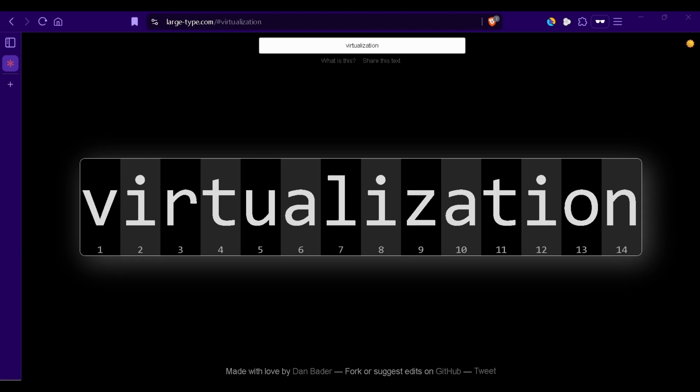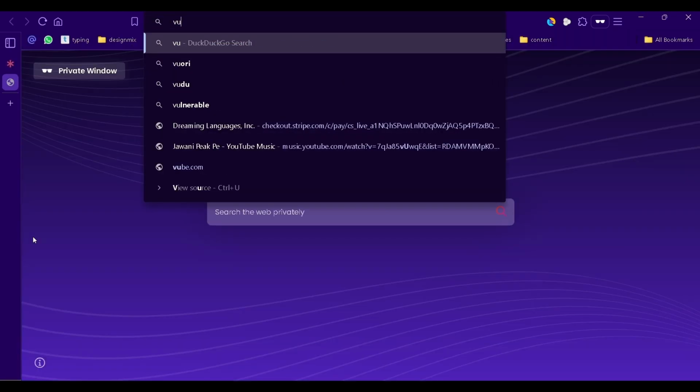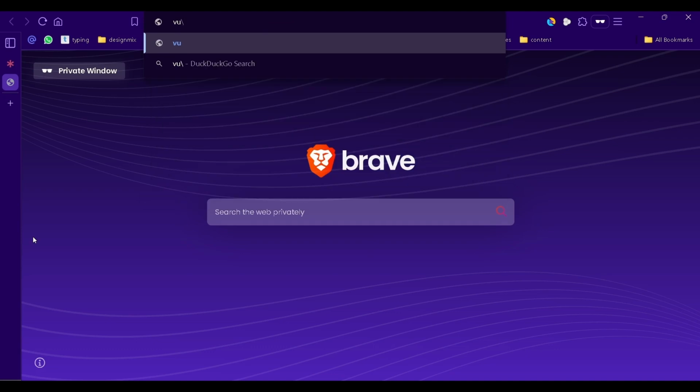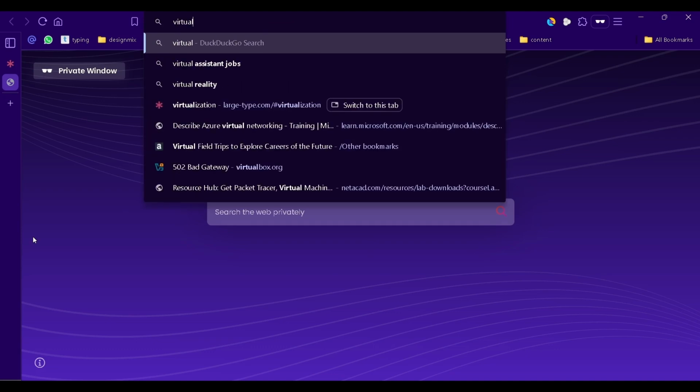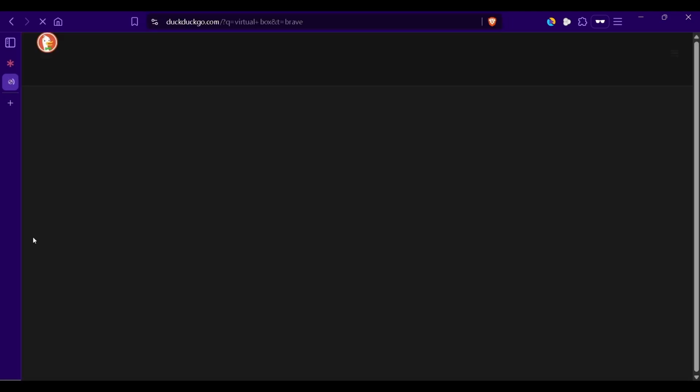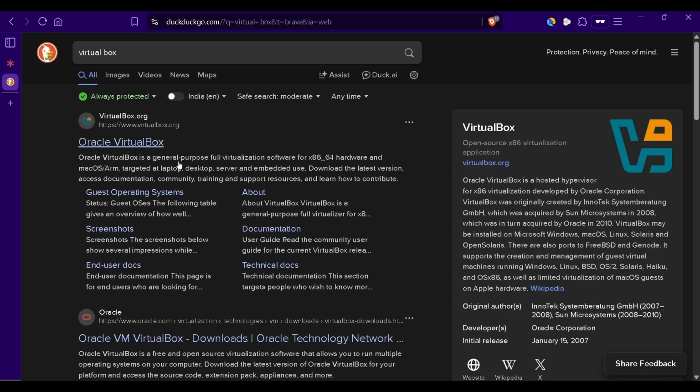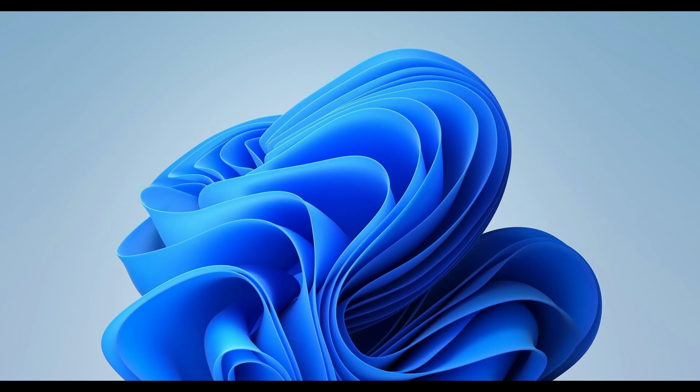So first you'll have to go to and search for VirtualBox software, because that's what is really popular in the Windows host OS to run virtual machines. After you download this,